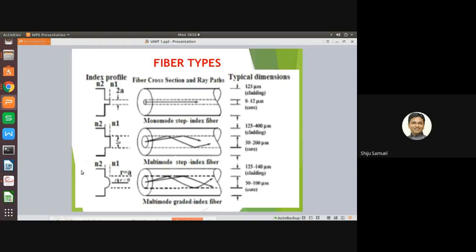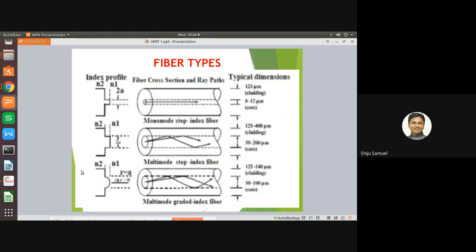Another condition for this is large numerical aperture. Why are we saying this? I will show the diagram also, then it will be clear. Large numerical aperture as well as the core diameter facilitates easier coupling to the optical source. That condition I will also show in the diagram, in an upcoming slide. And the third category is the lower tolerance requirement on fiber connectors.